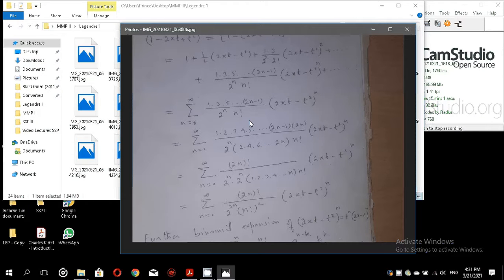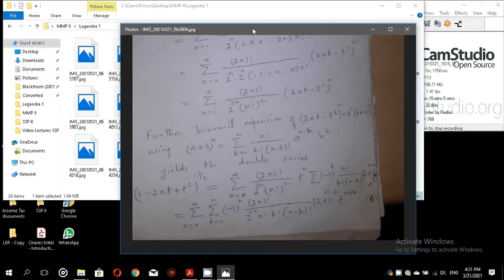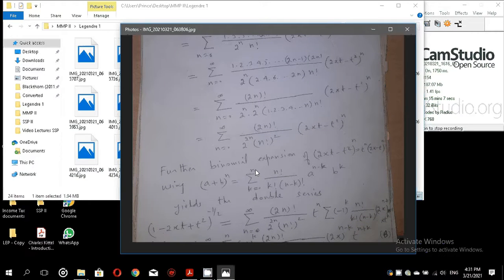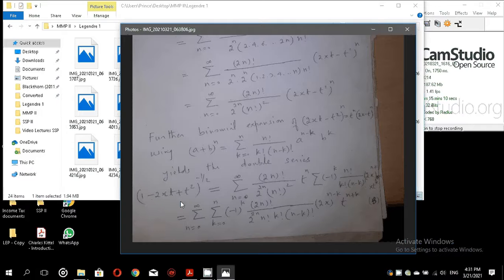You can follow these steps and reach the equation that 1 minus 2xt plus t square is equal to this. And in the next page,